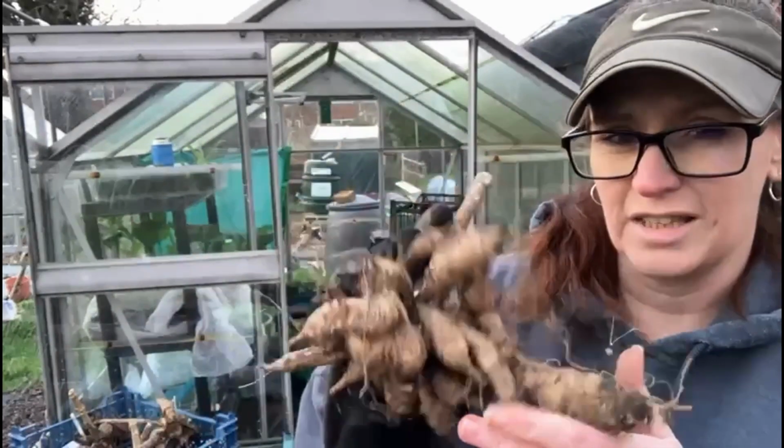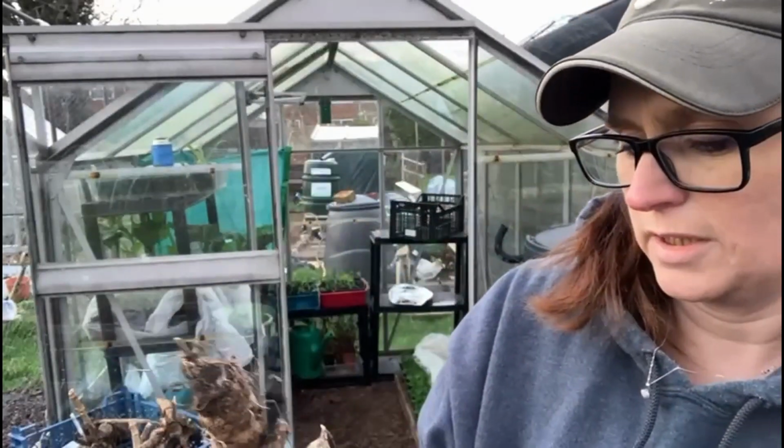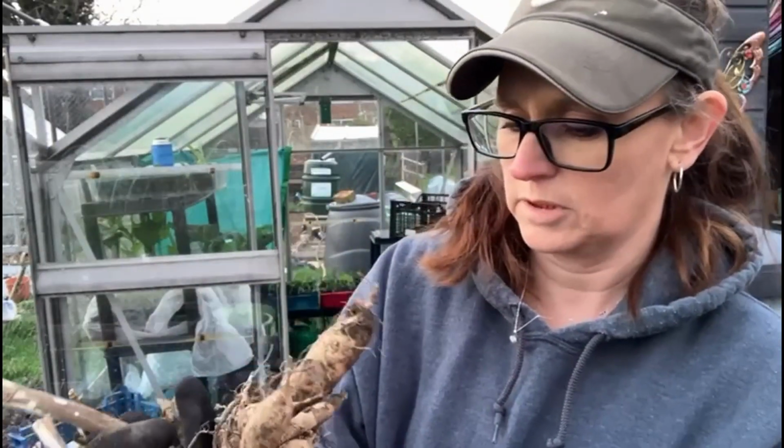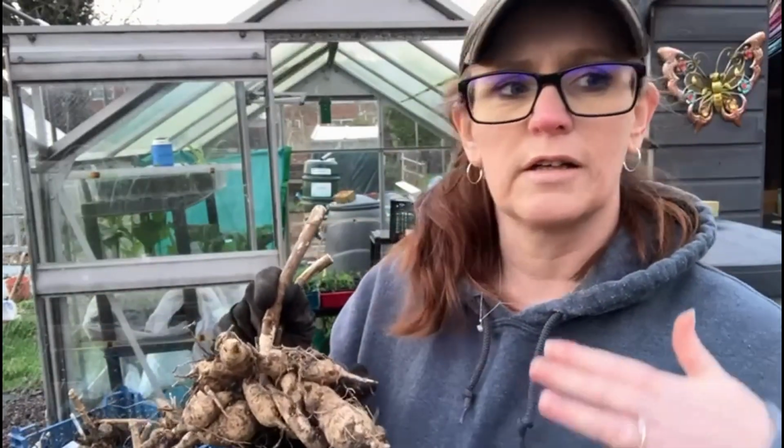So I think I'm actually going to take this one home and wash it, and then cut it and give it a bit of TLC, and then maybe see if I can work out how I'm going to store them. Do you know, I think these ones are okay because they had a thing over the top of the pot which kept them in the dark. I don't know, who knows. And then the other one,